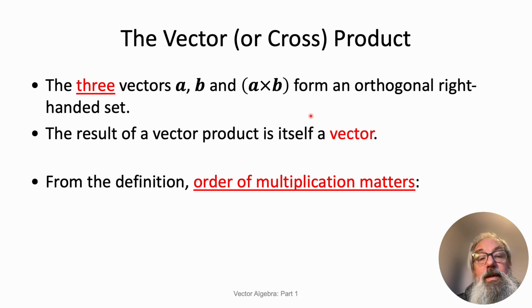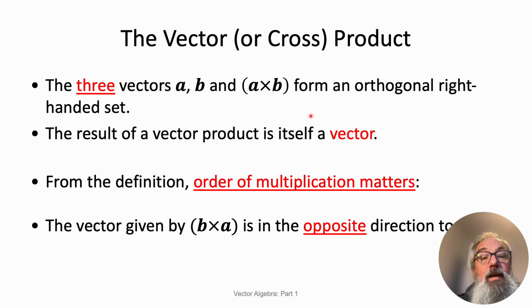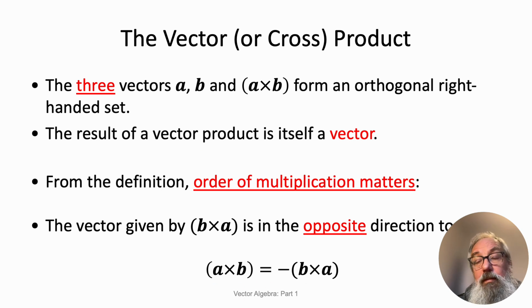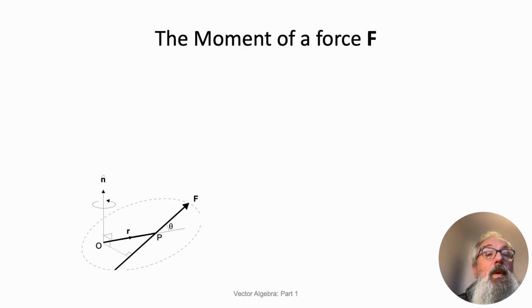So from this definition, only the order of multiplication matters. Vector B cross A is the opposite direction to A cross B. So we can write this down: A cross B equals minus B cross A. Useful. So one particular thing in mechanics for the vector product is we can work out the moment of a